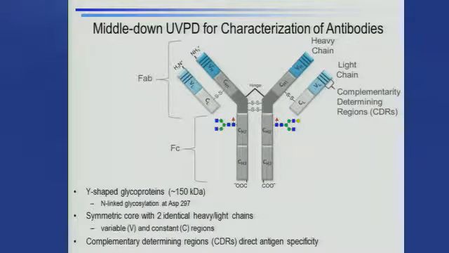And so I'm going to illustrate this type of middle-down analysis for characterization of antibodies. Now, antibodies that most of you are familiar with are simply large glycoproteins, and these would be a real challenge for top-down methods because they are on the size of 150,000 Daltons. So even for UVPD methods to obtain a fragmentation pattern, which is feasible using UV photons, the